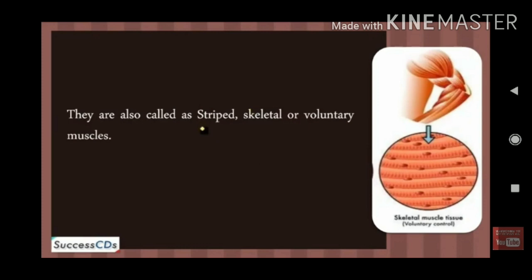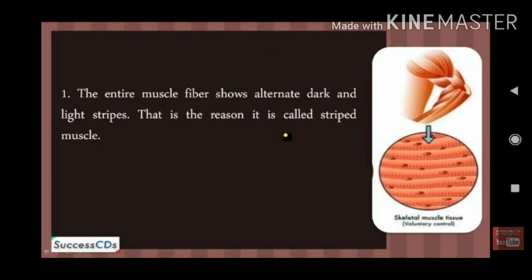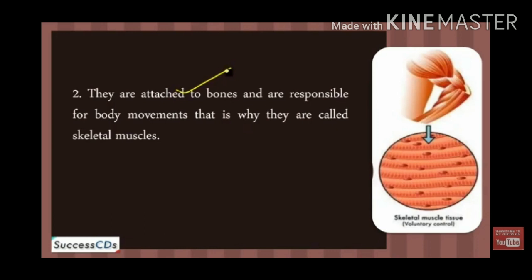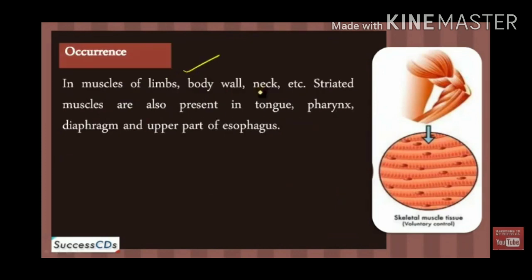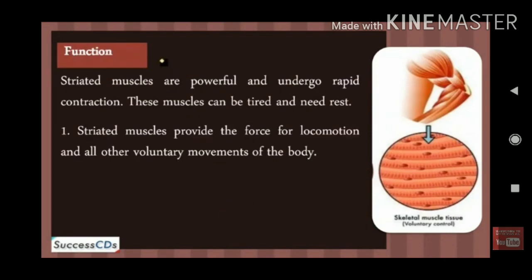In this muscle, stripes are present like dark and light colored bands, so it also gets the name striated muscles. This muscle is cylindrical in shape and multinucleated, which means many nuclei are present in this muscle. This muscle is present in our legs and arms, for example the biceps and triceps. Have you heard about this one? Yes, the biceps and triceps of our arm. These are striated muscles we can observe.